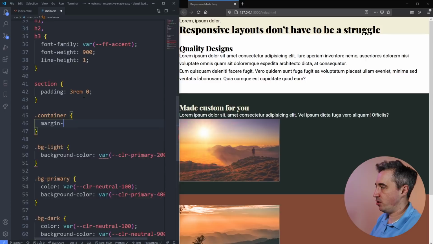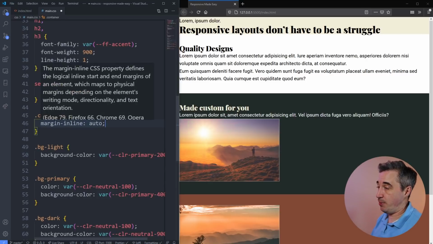Or you know what we could do? We could use a margin inline here, which is interesting, of auto. And so a margin inline would be your left and your right margins only. This is part of the newer CSS, which is looking at logical properties. So you can do margin and padding as inline elements, and I think borders have it as well. So you have margin inline is left and right,